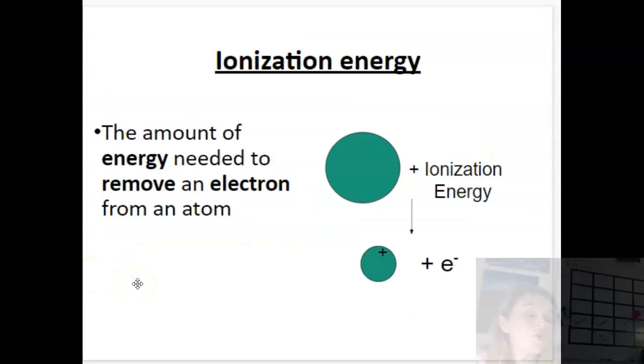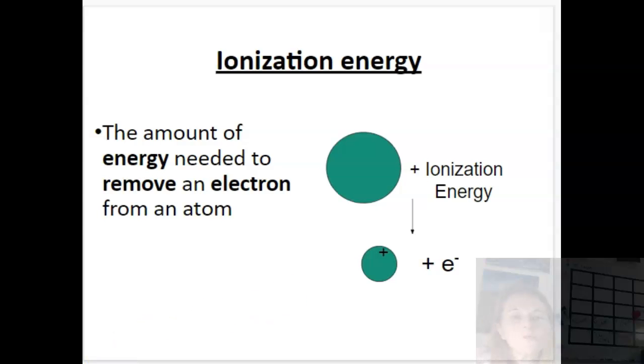All right, so our next trend we're going to look at is ionization energy. I'm going to give you a minute to write this definition down in your notes. The amount of energy needed to remove an electron from an atom. So if an atom has a high ionization energy, that means it's very difficult to remove an electron from that atom. If an atom has a low ionization energy, that means it requires very little energy to remove an electron